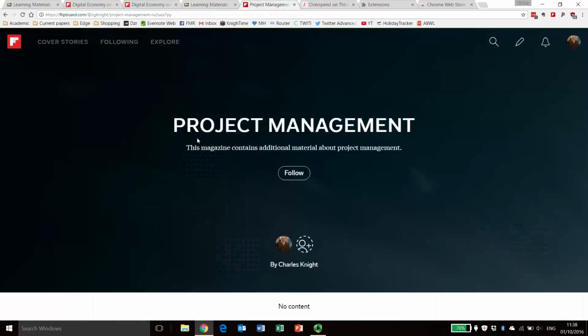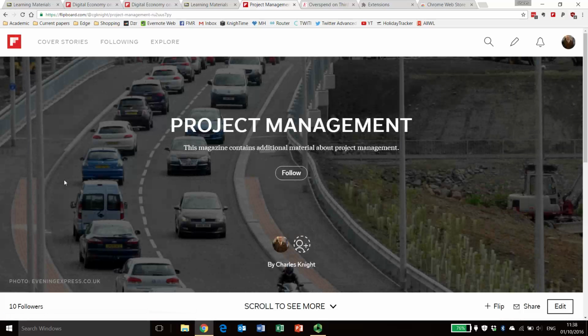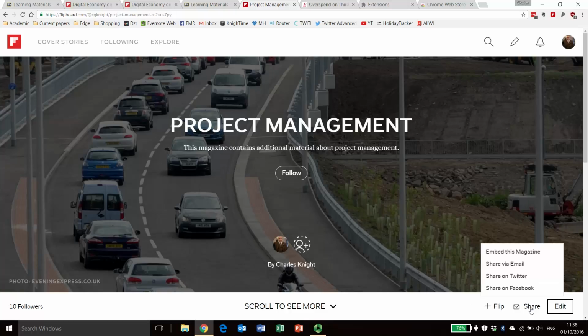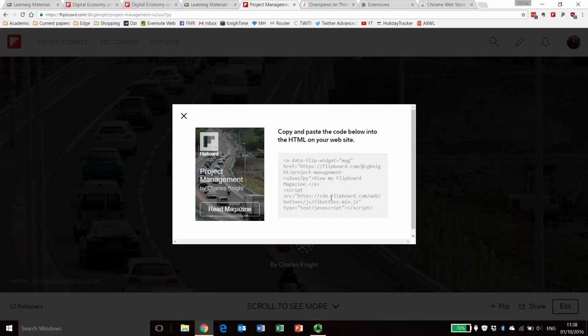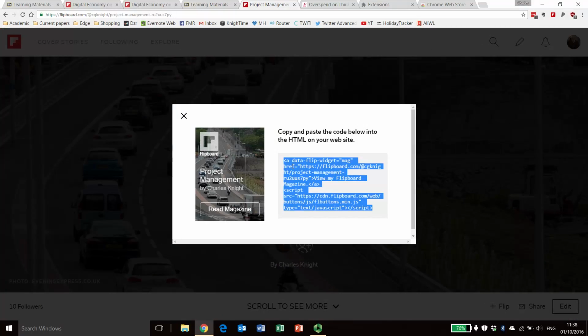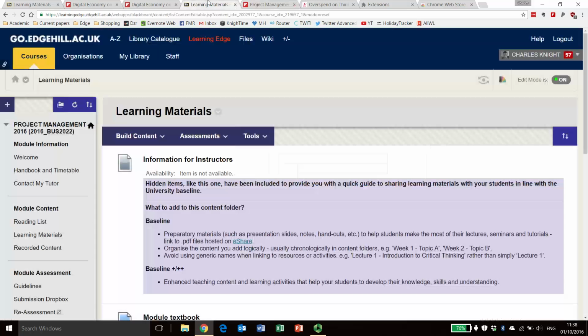So if I go back to my Flipboard magazine, I've now got a story. Now, because I've got a story, it's given me some additional options. I'm going to click on share. I can share it via different ways, but I want to embed this magazine. So what I'm now going to do, I'm going to copy. I'm going to go back to